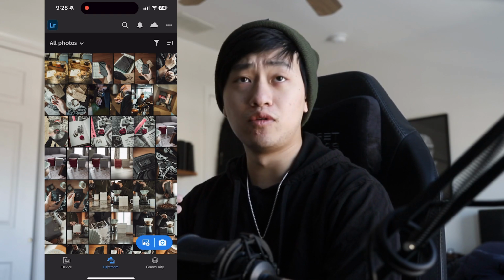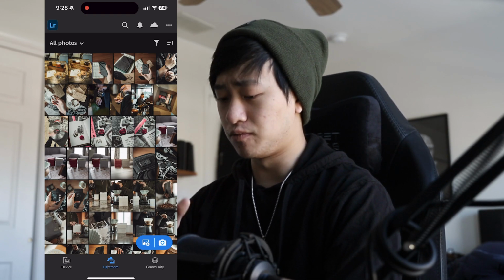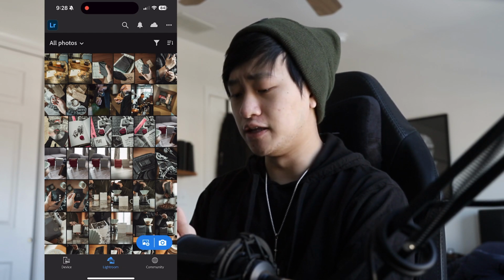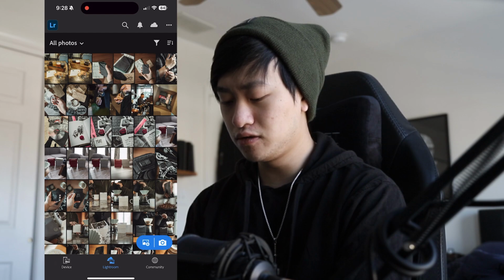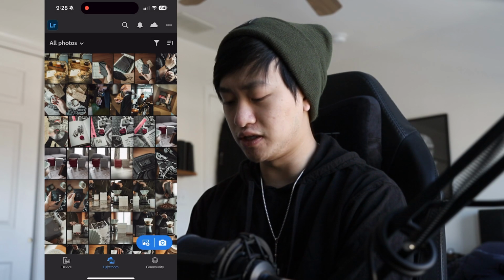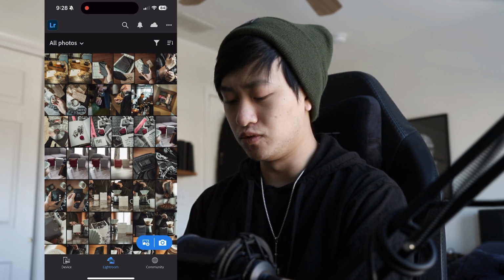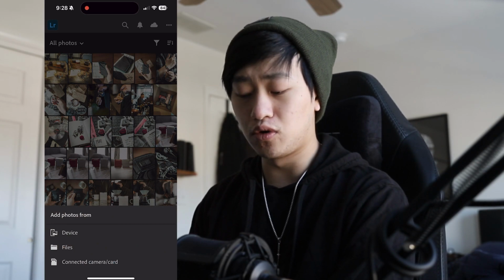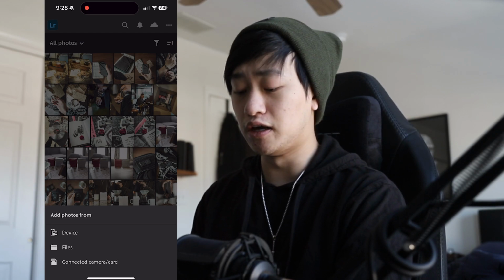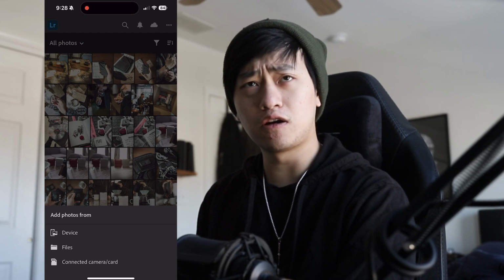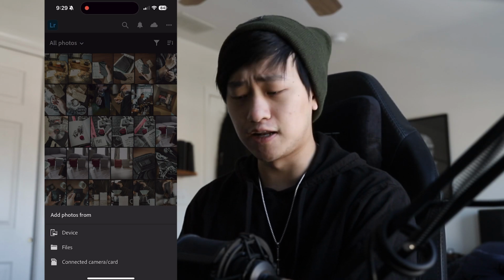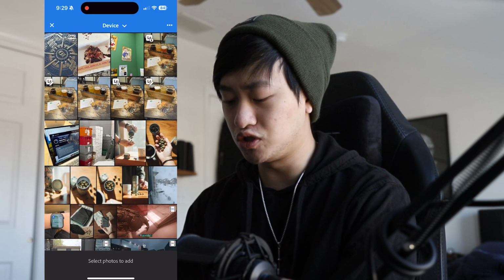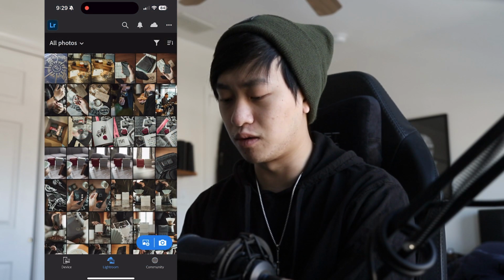Alright, so we got Lightroom pulled up over here. What we're going to do is import a photo that I took on my phone into the library here. On the bottom corner, you'll see an import button. We'll just choose add photo from device. You can also add it from your files app, or you can connect via an SD card adapter, so you can connect an SD card if you have a camera. For now, we'll just go under device, and we'll choose this one picture that I took on my phone of